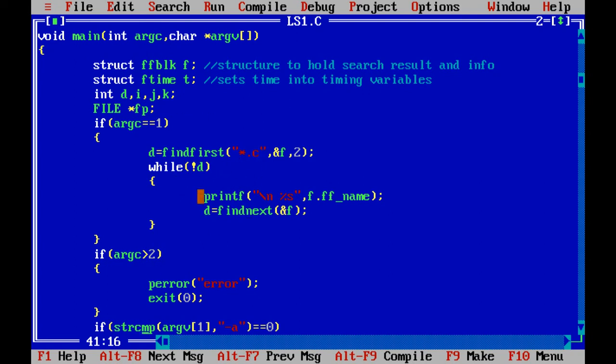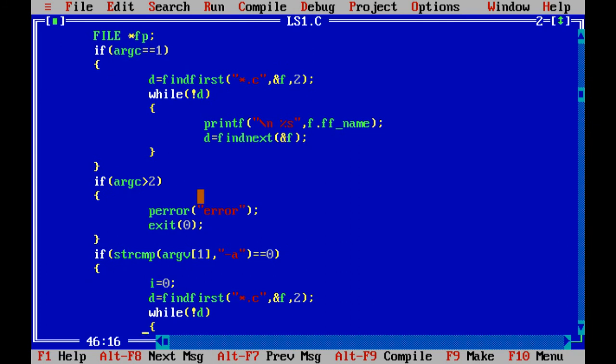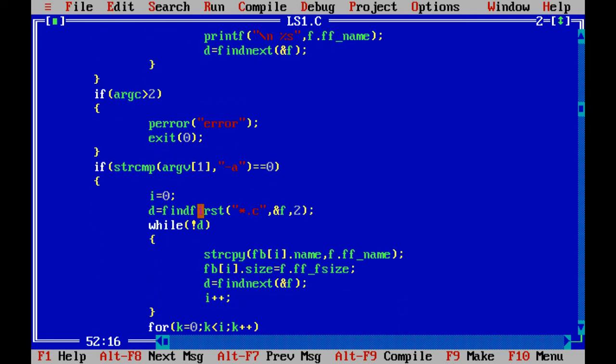This loop is going to get executed. If the arguments count is greater than 2, because our arguments are maximum 2, we are going to display an error.